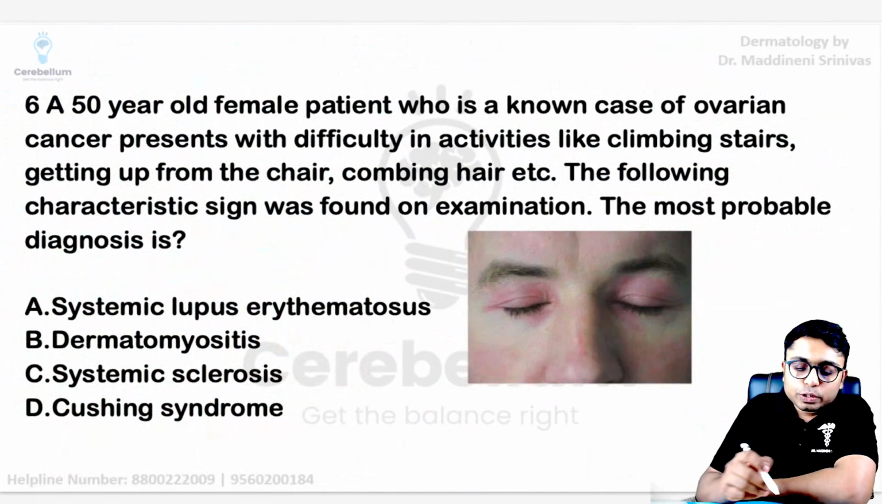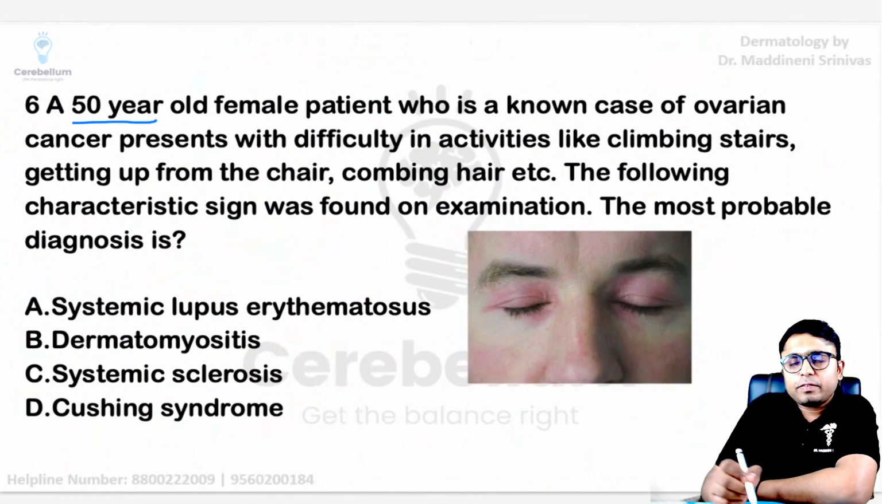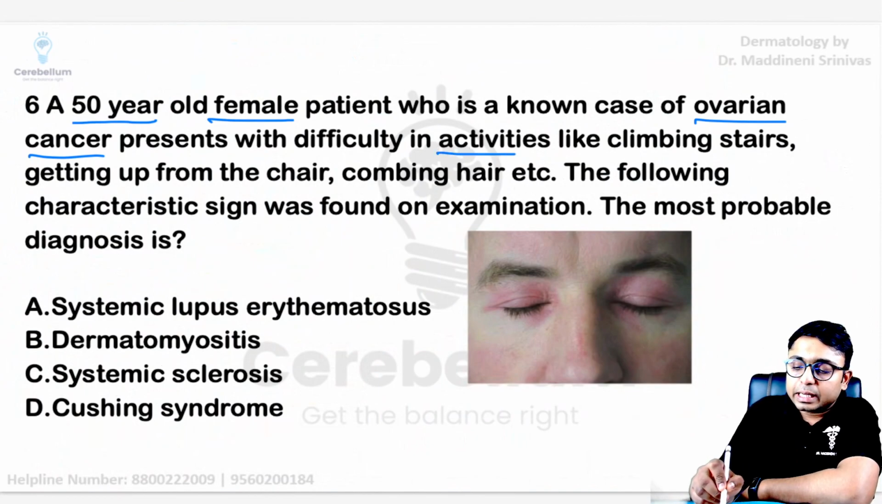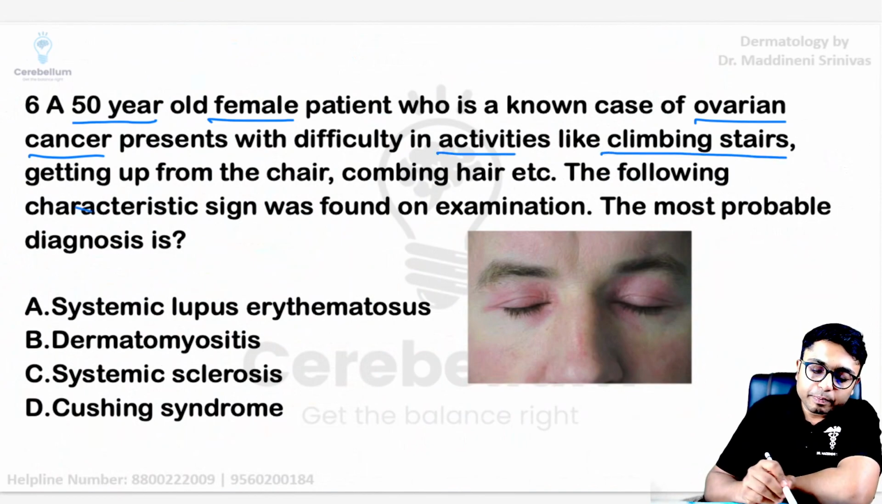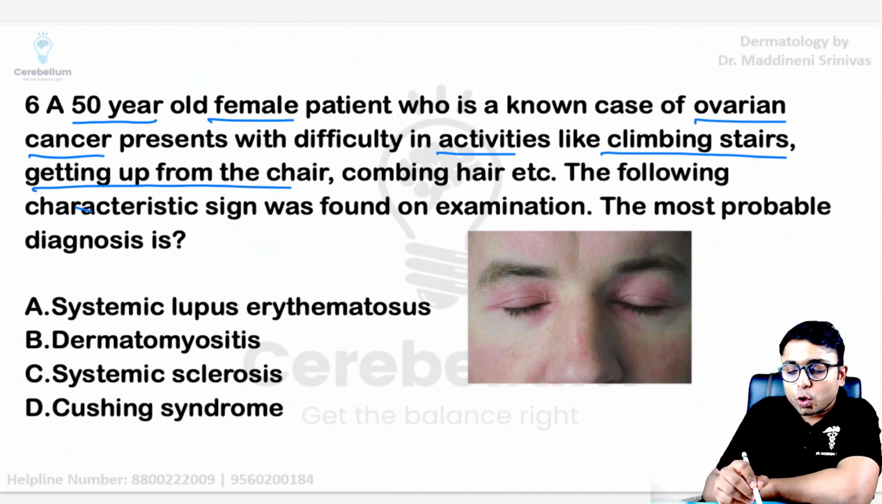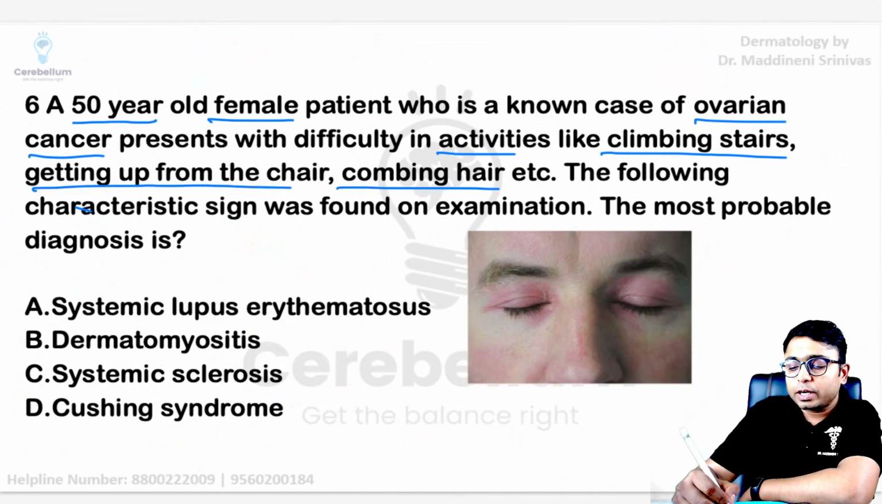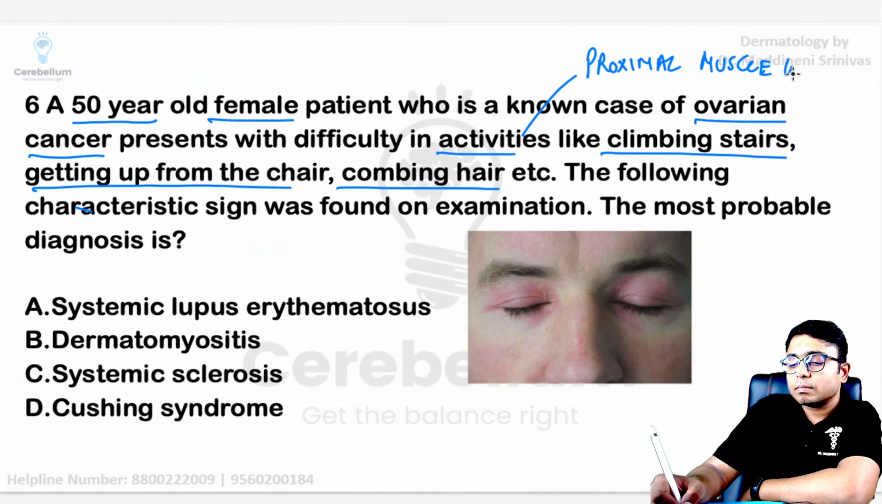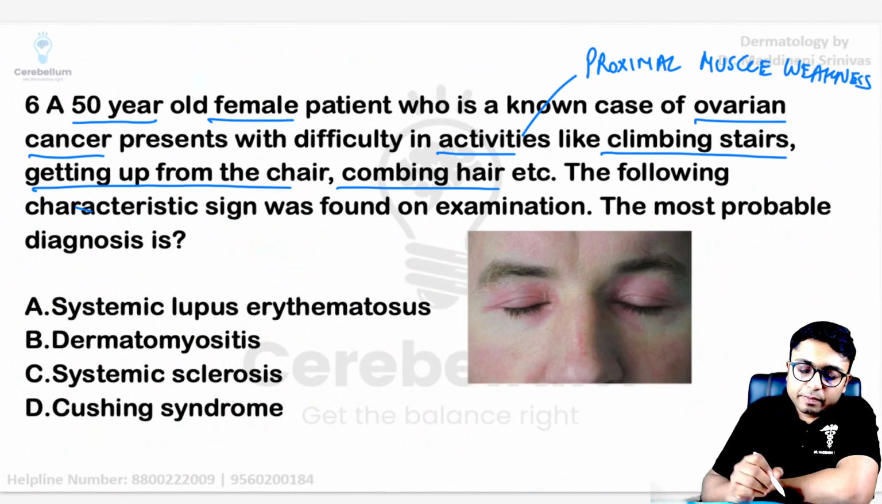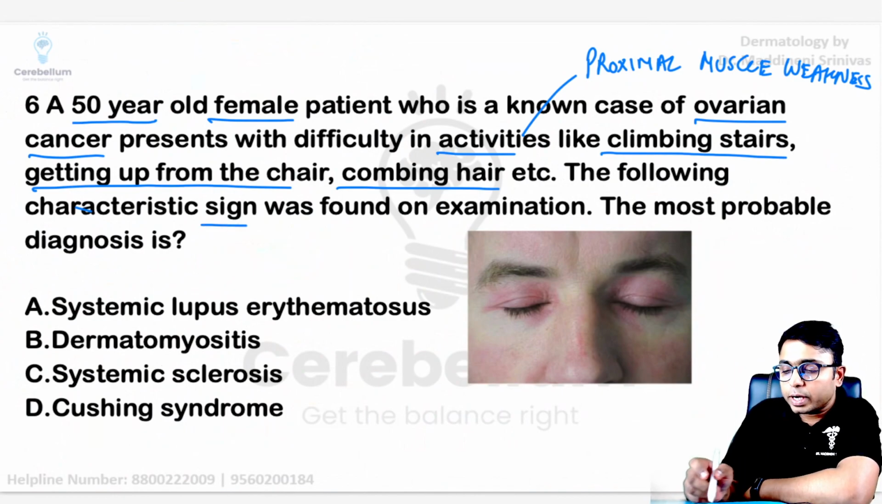Okay, so this is the last question. So an elderly 50-year-old female, known case of ovarian cancer, coming with a difficulty in activities like climbing stairs, getting up from the chair, and combing hair. So all these are pointing towards basically proximal muscle weakness. Proximal muscle weakness, the following characteristic sign was found on examination, and what you are able to see over the